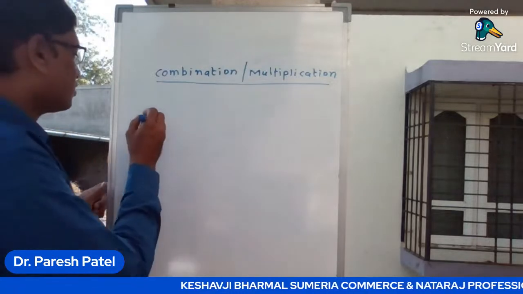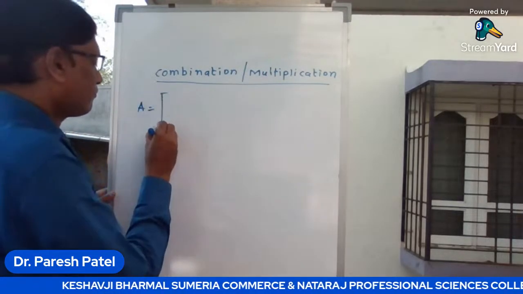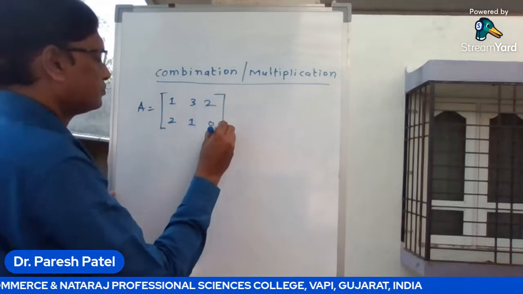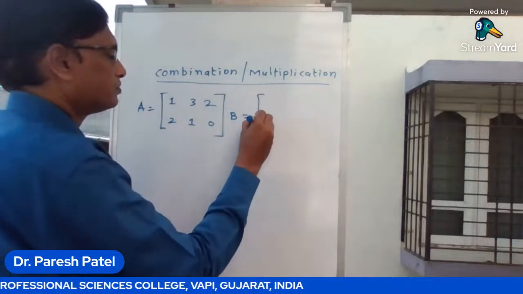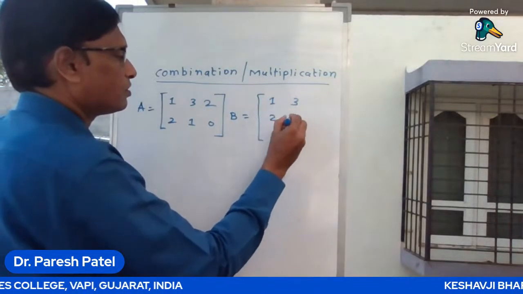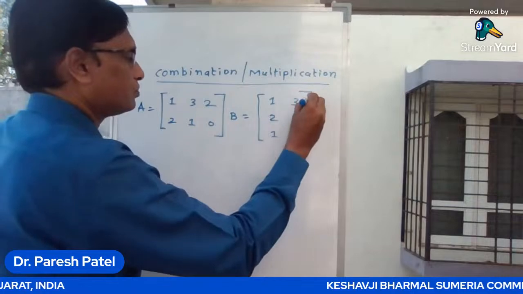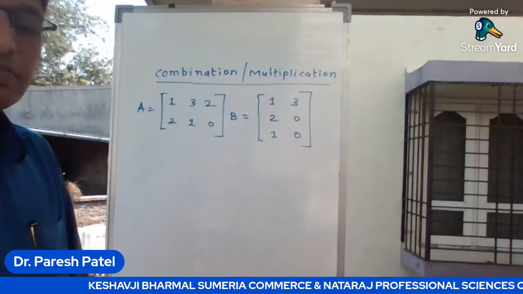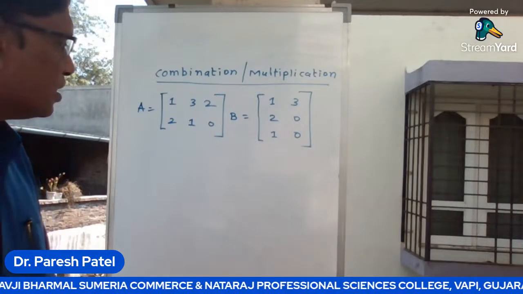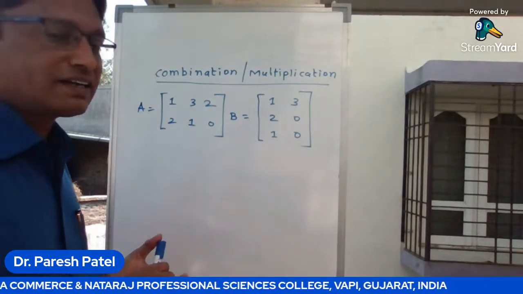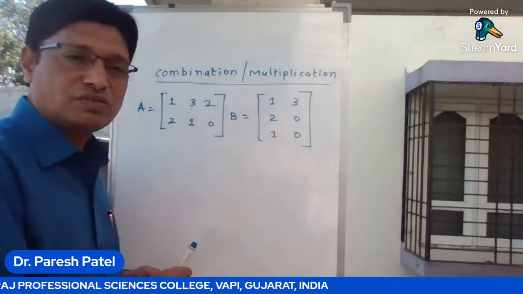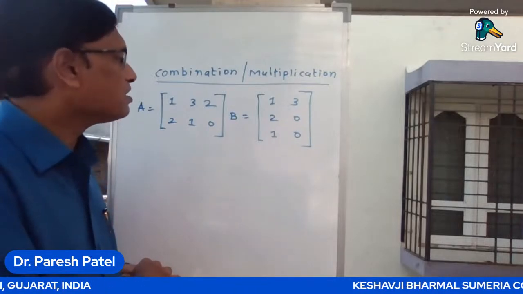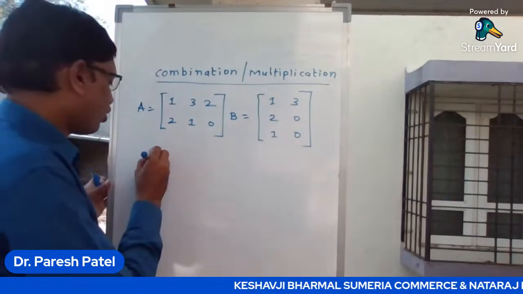As an example, A is equal to 1, 3, 2, 2, 1, 0. B is equal to 1, 3, 2, 0, 1, 0. Now here, the number of rows of the first matrix is equal to the number of columns of the second matrix, so the combination can be possible. The number of rows in matrix A is 2 and the number of columns in B is 3. It means the combination can be possible. If you go for the combination of A cross B